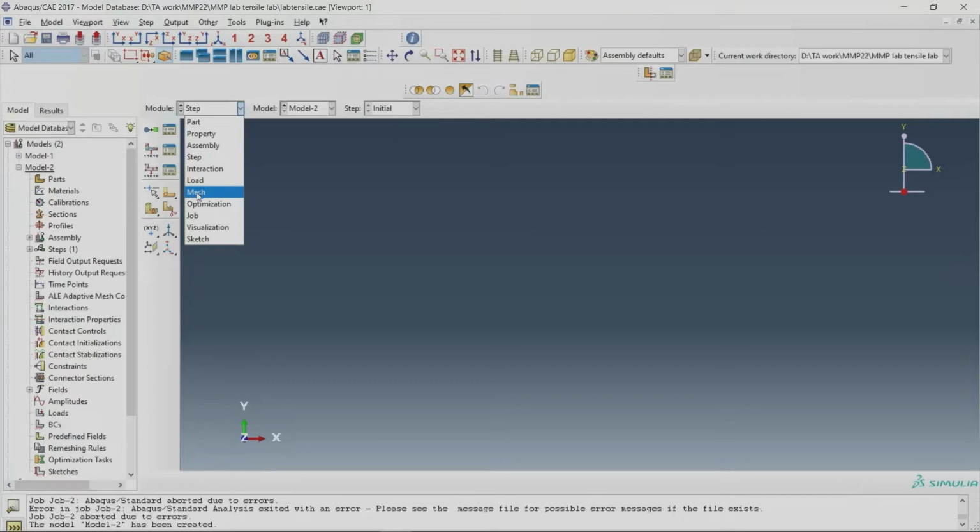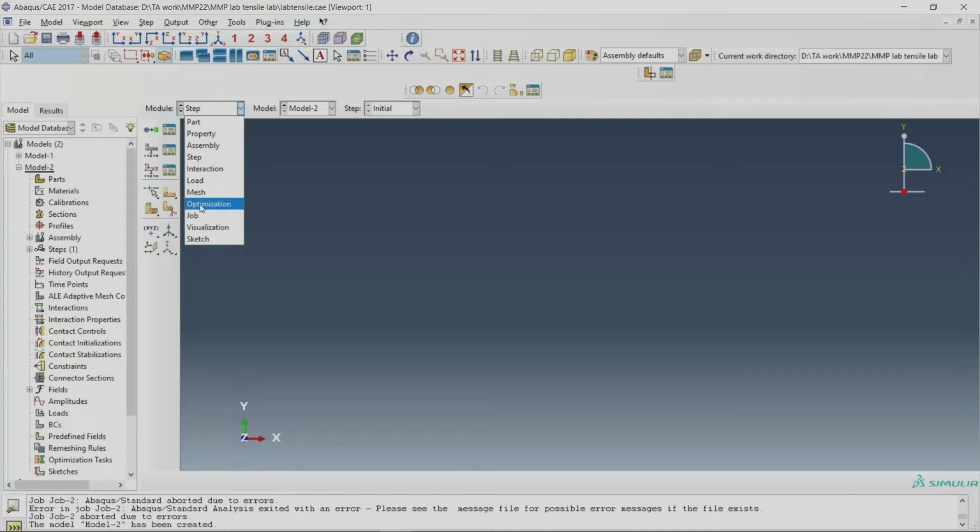And then there is meshing. As Abaqus is finite element method software, meshing or discretization is done to discretize the problem into smaller sections. Then it solves its partial differential equations and gives you the result.